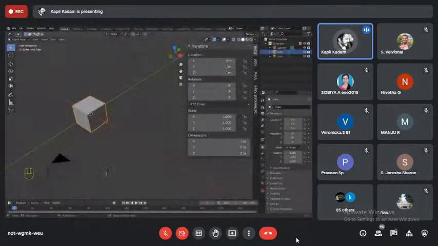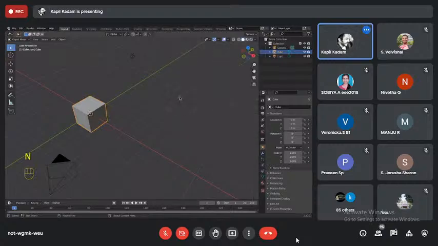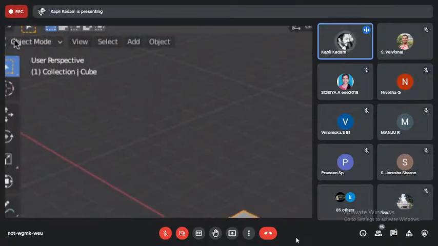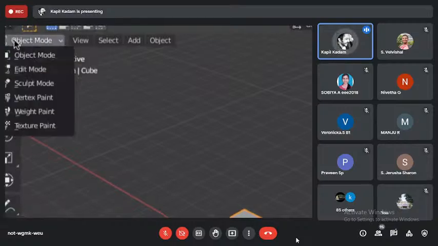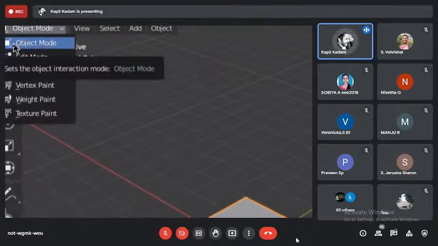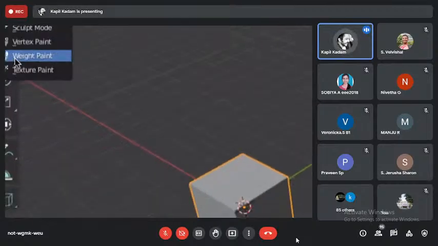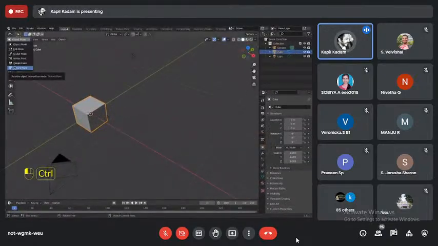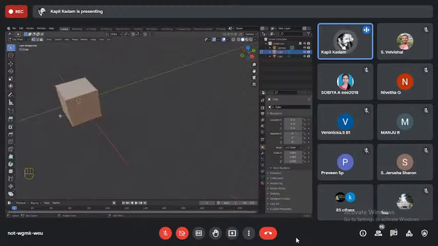Now this was about everything in object mode. Here, if you see, we are in object mode. Click over here, and you will be able to see different modes. You must have already tried it: edit mode, sculpt mode, vertex paint, weight paint. We're not going to work with the other modes. We will just look into edit mode, and when I go to edit mode, you'll be able to see the